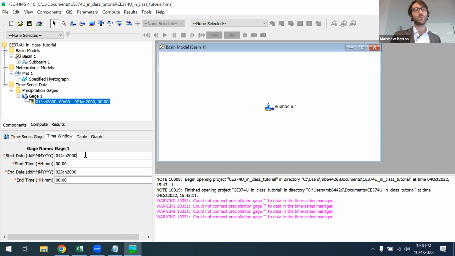So right now it has a start date of January 1st, 2000. I'm going to update this to January 1st, 2022. And for the end date, I'm going to change it to January 2nd, 2022. Okay, so this defines the start and end time of your rainfall hyetograph. Okay, I'm going to go ahead and hit Control S.